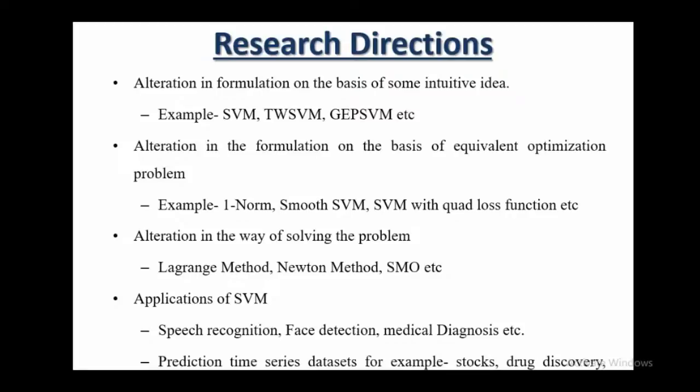That particular problem may be solved by some other method also, so people are exploring that. They also apply the Lagrangian method, Newton method, and SMO, and these kinds of methods in these formulations. And also, there are many applications where you can